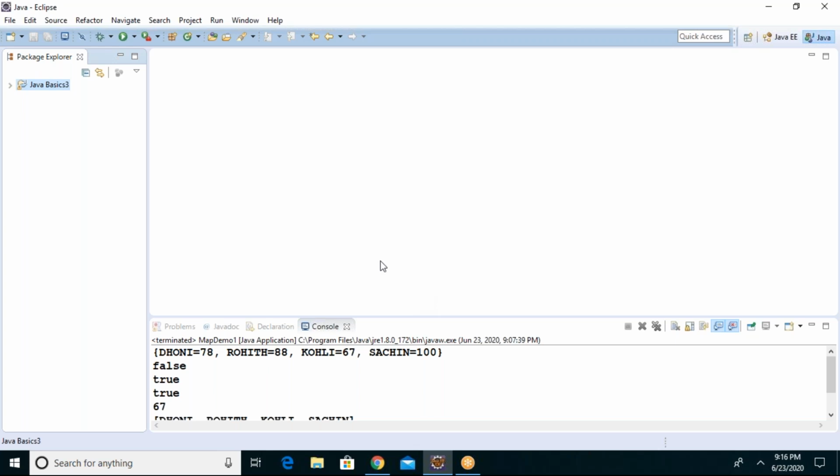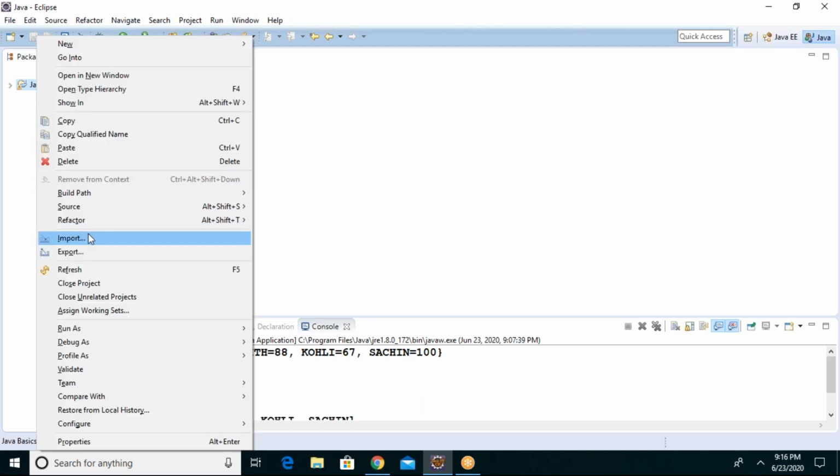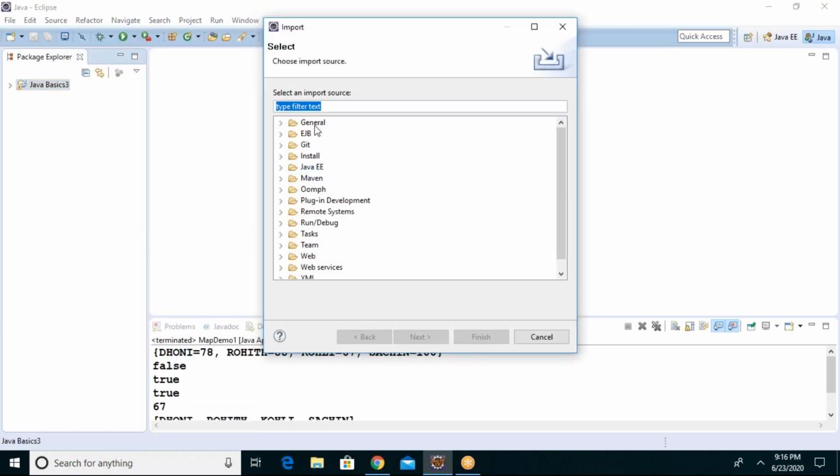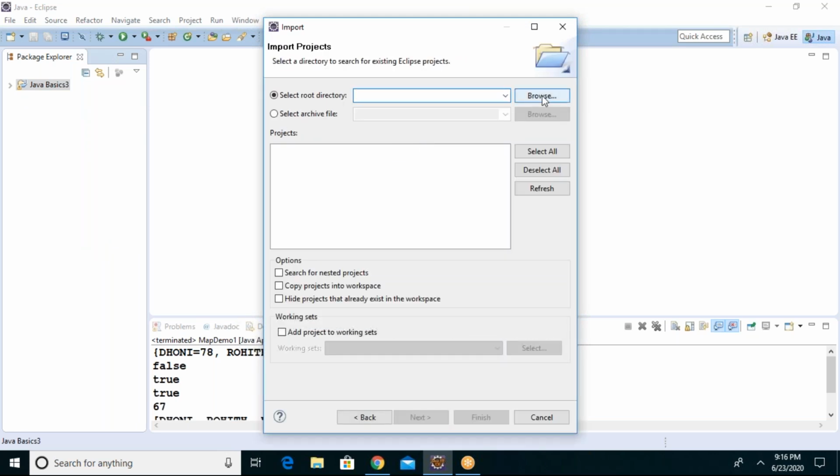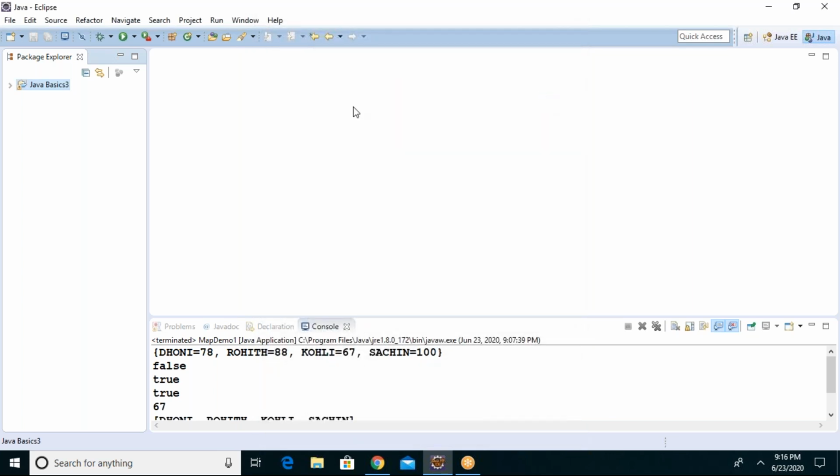You need to download the zip file, extract that zip file into a folder first, then go to your Eclipse, import, general, existing. Don't go to archive, guys. Go to existing workspace, select the extracted folder which you downloaded from the mail. That's it. It will be in your Eclipse.